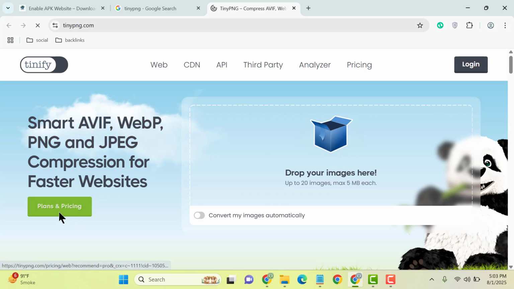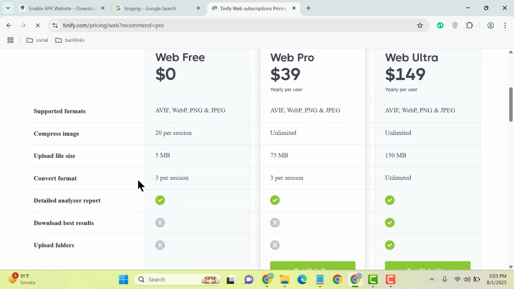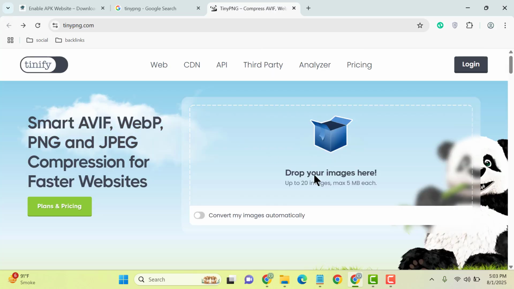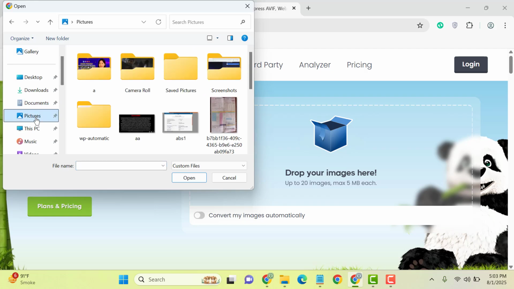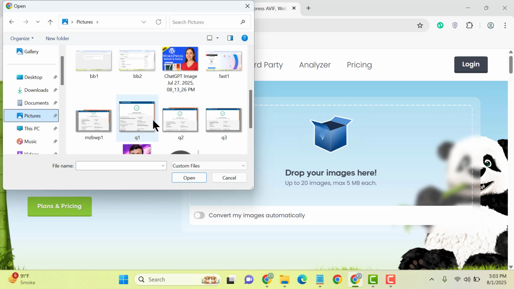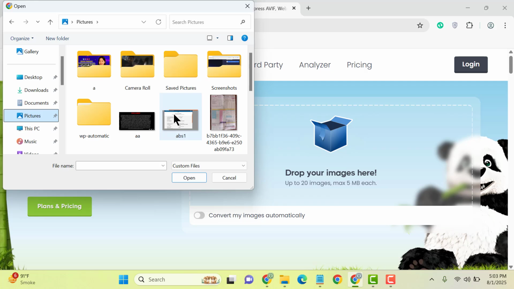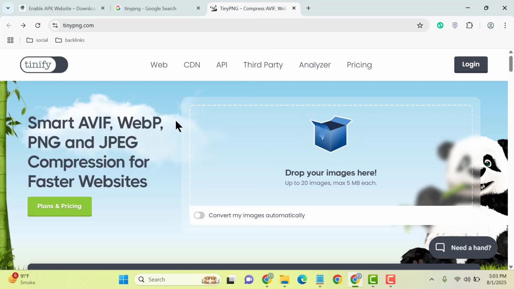You can also check the length and pricing. So you can easily compress 20 images free of cost. So let's go back and start uploading images. Let me go and select one of the images from here, this one,